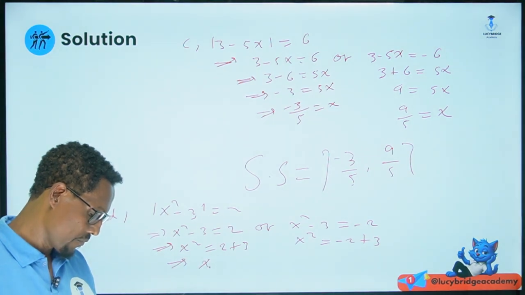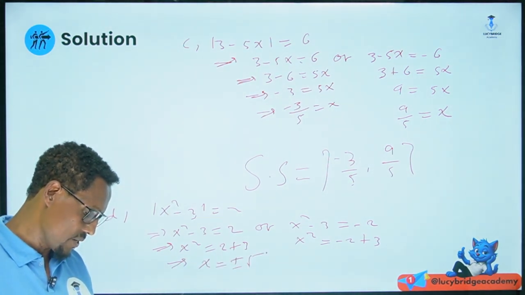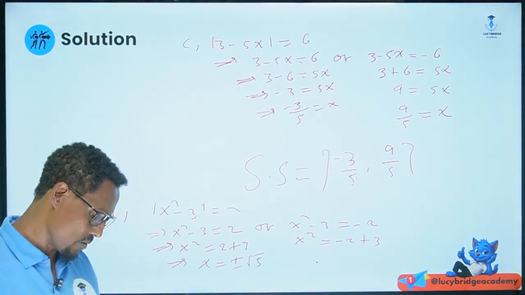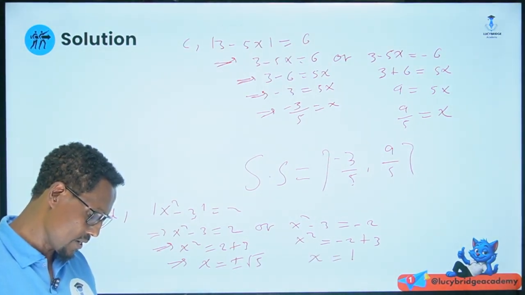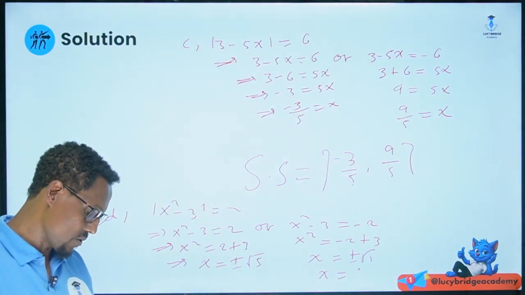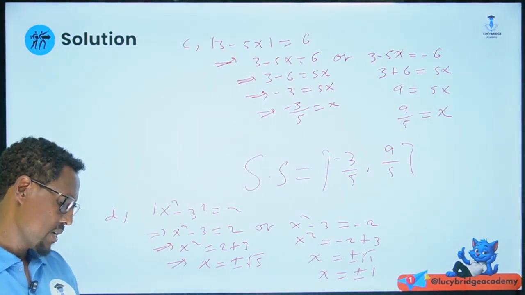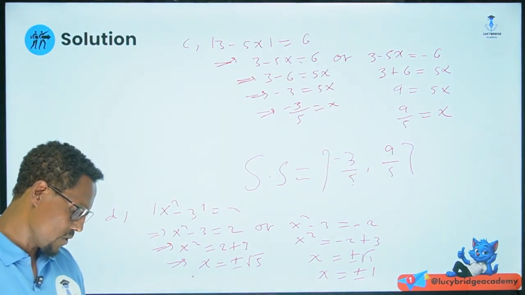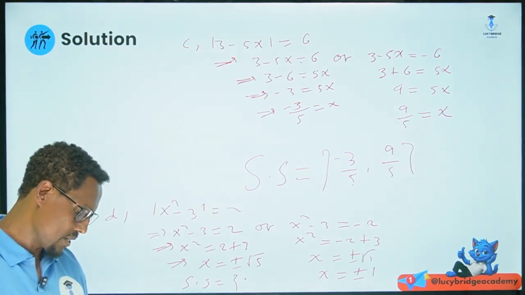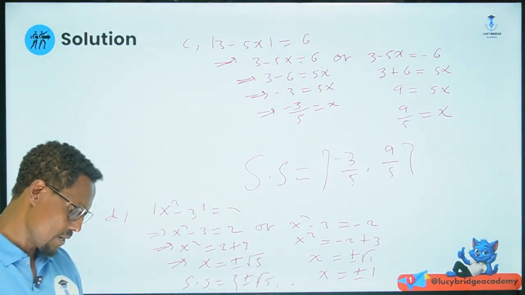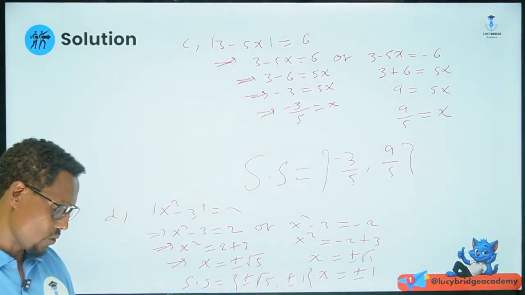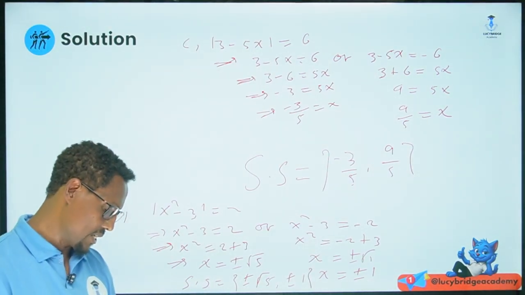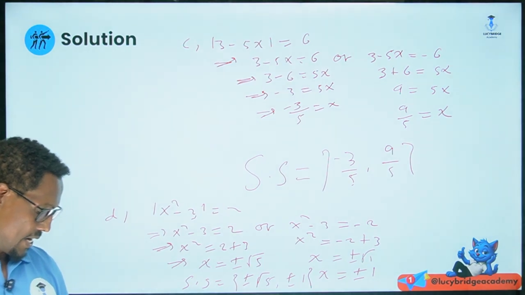And here x is equal to plus or minus the square root of 1, which means x is equal to plus or minus 1, whereas here x is equal to plus or minus root 5. That means solution set is equal to plus or minus root 5 and plus or minus 1 are solutions of D, okay? And E,